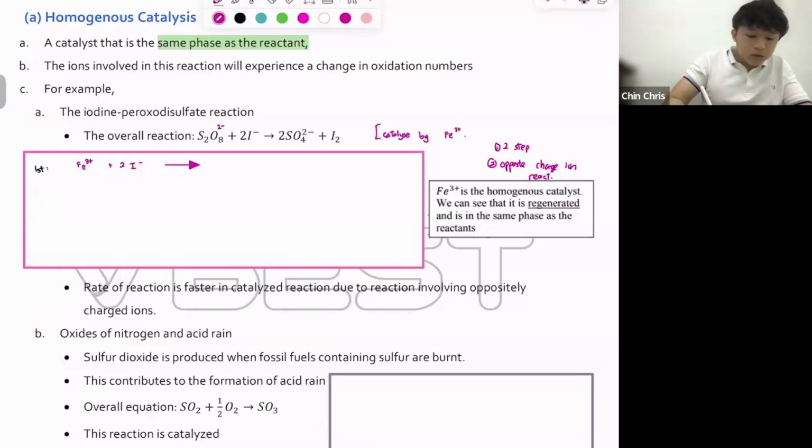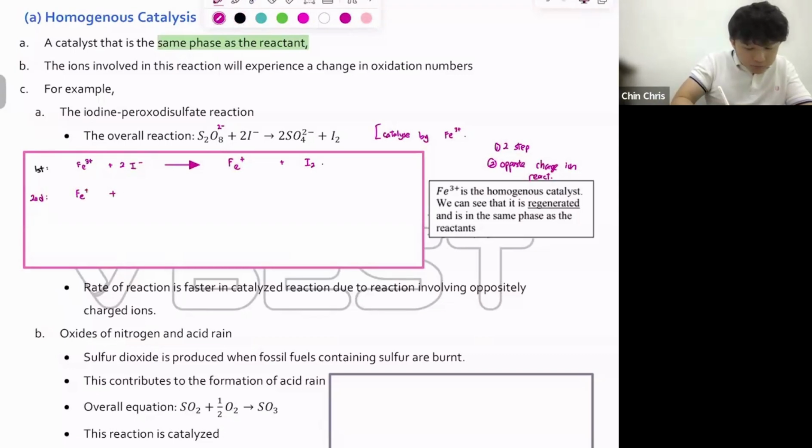Alright, so what do you got? So I can turn the I into I2. So I have to maintain the charge, right? So 3 plus 2 minus is going to be 1 plus, am I right? Okay, so please maintain the charge. Second step,